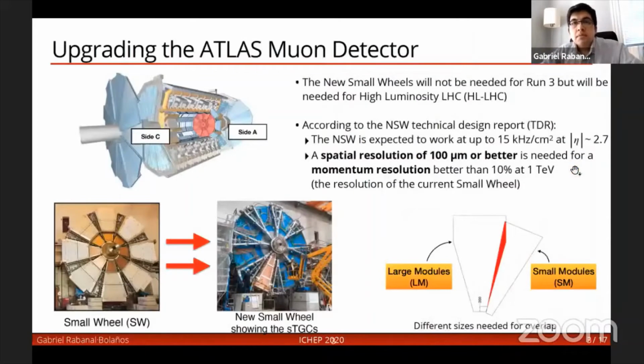So on slide 3, upgrading the ATLAS Muon detector. As you heard during the previous talk, the end cap detectors of the ATLAS Muon spectrometer will be upgraded. And the places where the end caps are shown here in red. As you can see, we have side A and side C. The upgrade is not needed for the upcoming run 3 of the LHC, but will be needed for the high